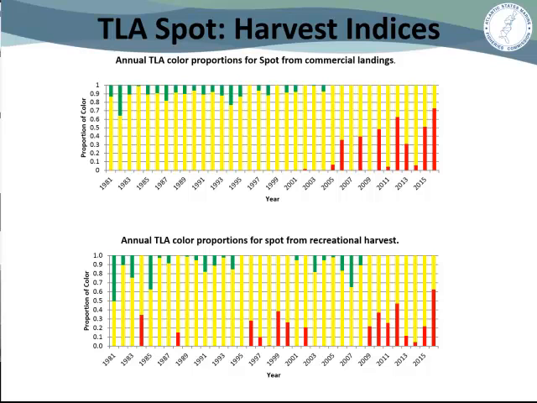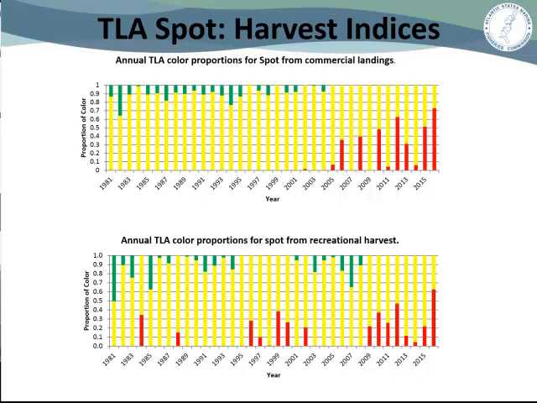Let's see. For the recreational harvest, spot declined just under 67% in 2016. The annual harvest in the recreational fishery has been below the long-term mean since 2009, and was still below that threshold in 2016, with the red proportion increasing to 62.6%, although it wasn't the second year in a row above 30%, so you just get that big jump from 2016. So the recreational index actually would not have tripped, whereas the